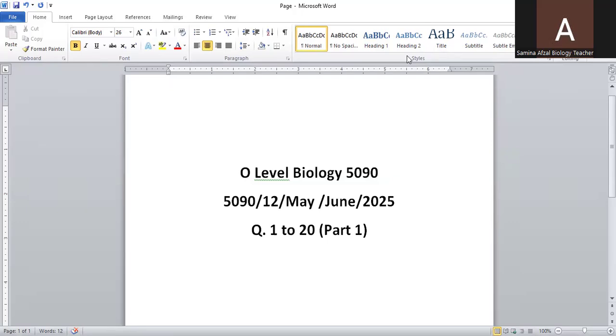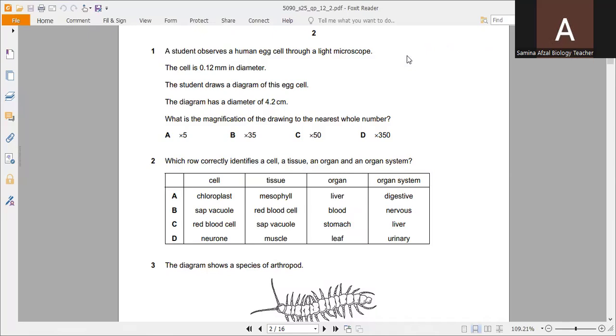Question number 1: a student observes a human egg cell through a light microscope. The cell is 0.12 millimeter in diameter. So the actual diameter, not length, is 0.12 millimeter. The student draws a diagram of this egg cell. The diagram has a diameter of 4.2 centimeter. This is the drawing diameter,